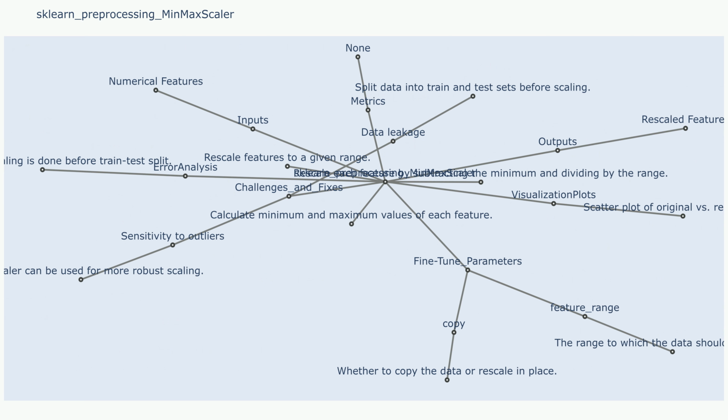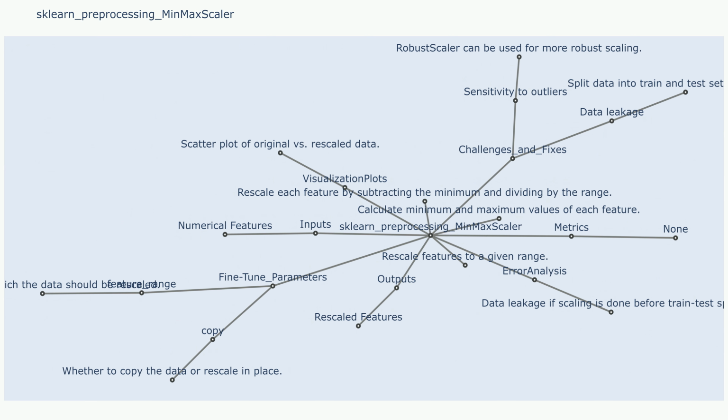Metric 2. Explain in detail. For example, if the machine learning model achieves higher accuracy or lower error with the scaled data than with the original data, it indicates that min-max scaler has been beneficial.